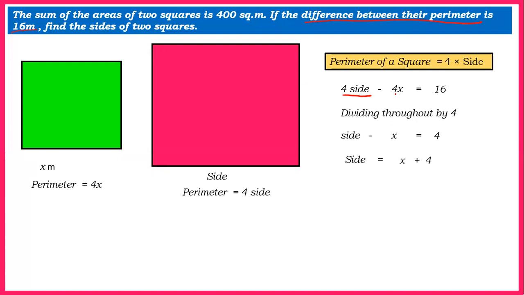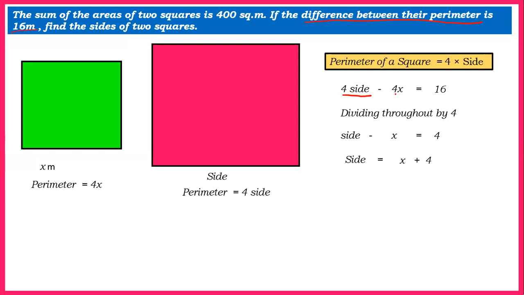So I know the side of the smaller square is x and the side of the bigger square is x plus 4. And if you're following this, you can show all this working. That's great. But I do not advise to solve this sum in this way, because there is an easier way, because it's a square and we know all the four sides are equal. So there is a very interesting way to remember this. But this is one way to go.